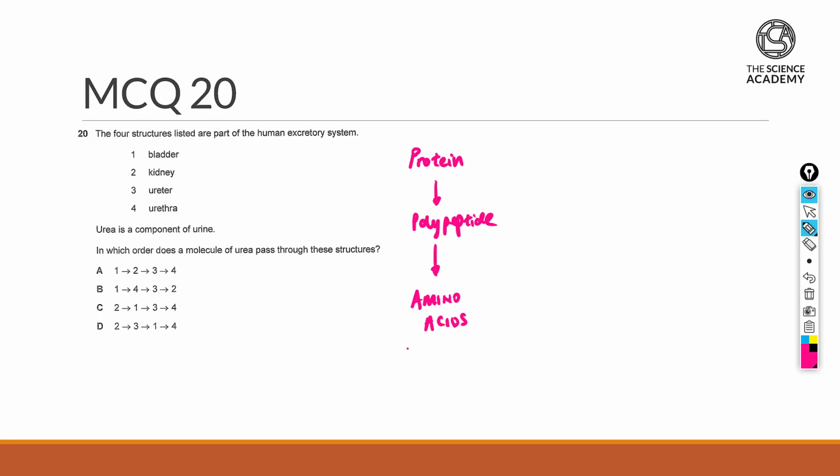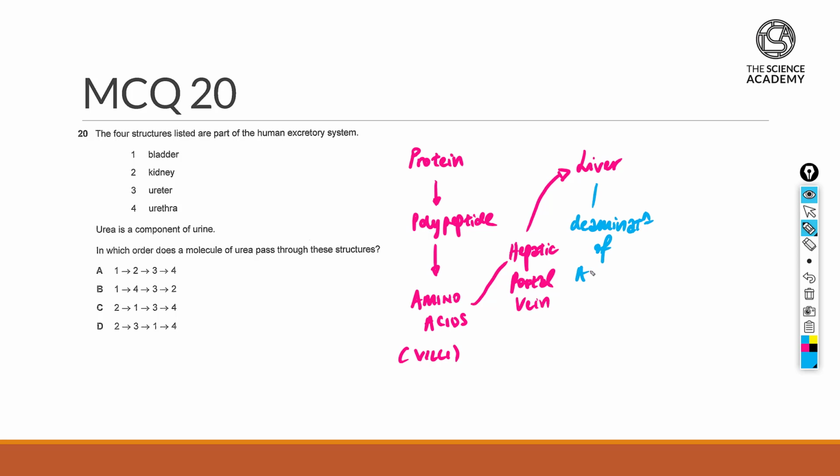Now, amino acids will first be absorbed at the villi, and from the villi itself, they will be transported via the hepatic portal vein into the liver for post-processing. The liver itself will engage in deamination of amino acids. This is the first time that urea is actually being produced. Urea will then leave the liver via the hepatic vein,